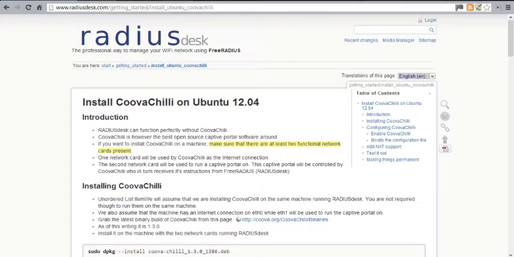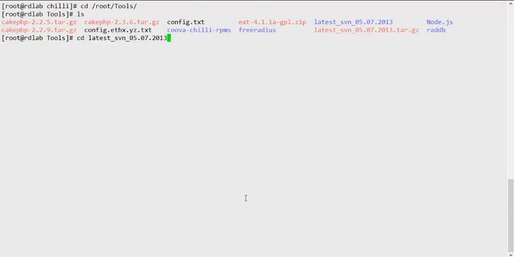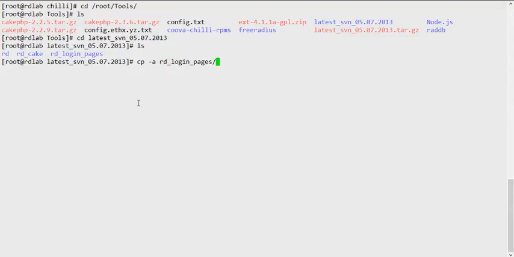All right, so I'm just going to cancel this out, and let's go back to the root tools directory here. In the latest SVN file, you can see that I have yet another directory called the RD login pages. I'm just going to copy the RD login pages and take it into our root directory here. Once we copy this,